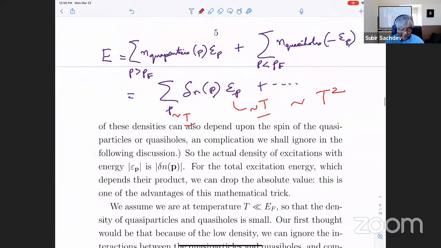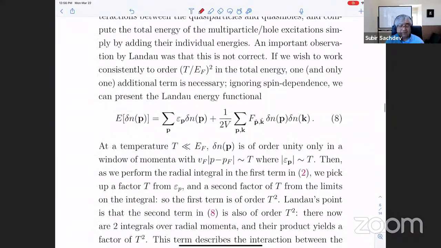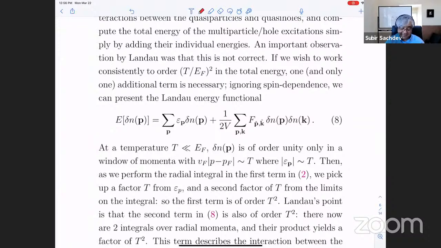All right. But now what Landau pointed out is that there is another term, which also is of order T squared. And this is the Landau interaction term here. There's no EP. So everything here is of order 1, delta N of P and delta N of K of order 1. But there's two momentum integrations, each of which will give you a factor of T as you integrate the radial direction. So the whole thing is of order T squared. And then F of P and K are your Landau parameters. So what this is telling you